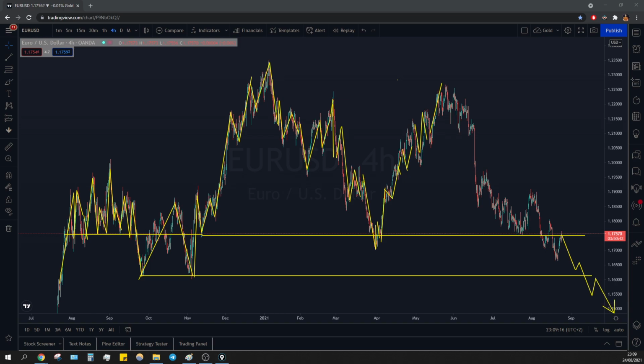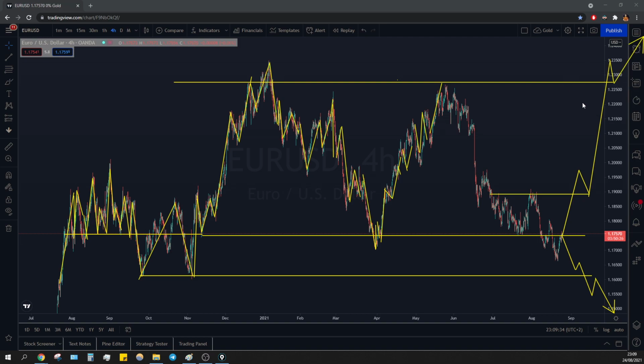Or we can have here, break, retest this area, continuation up, break and retest of these previous highs on the left for continuation up, with of course the fundamental reasons of dollar strength and dollar weakness that we know already. So this is it for euro dollar. This was just a first look of it, and that's it.